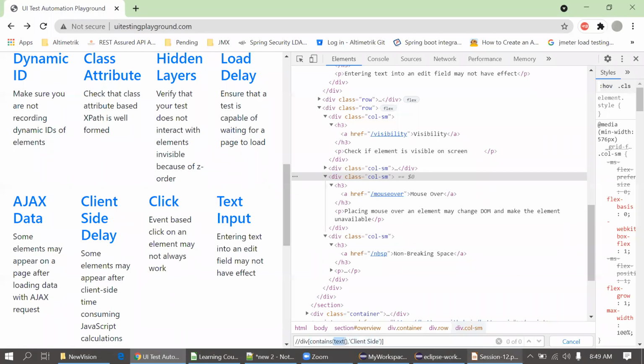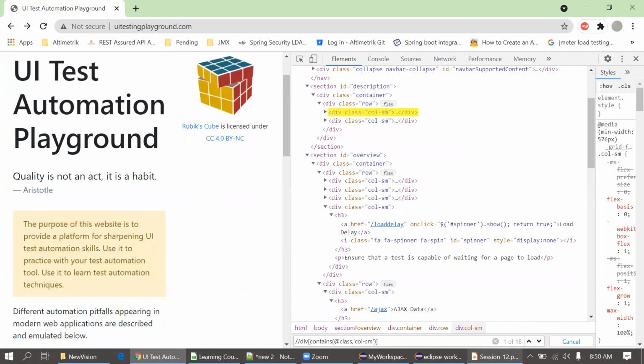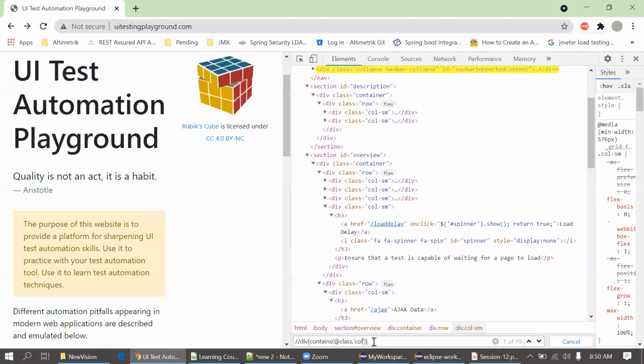I'll just simply put the @class here instead of text, and I will simply put col col-sm. Okay, now I'm getting 18 elements, right? 18. So if I remove sm as well, I should get 18 elements only. I'm getting 19 because there is some extra.